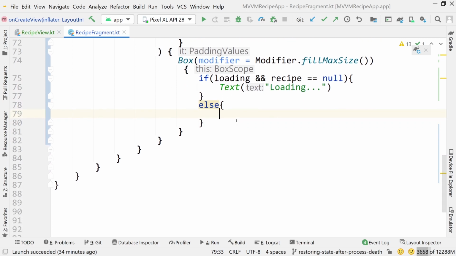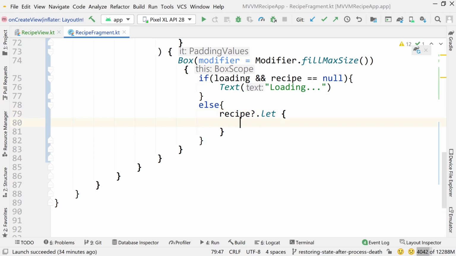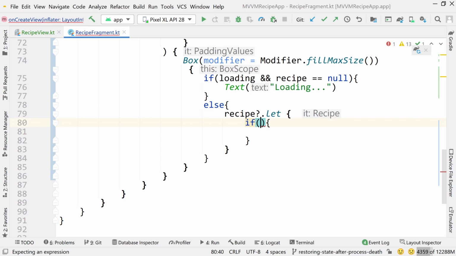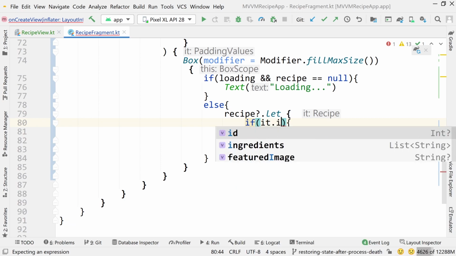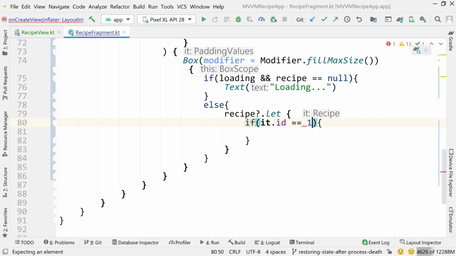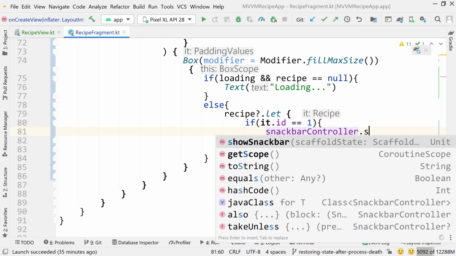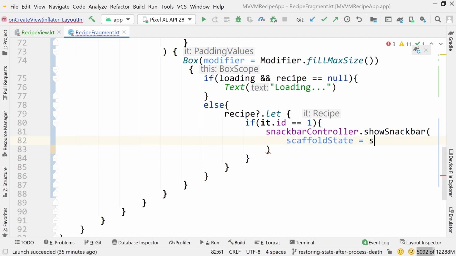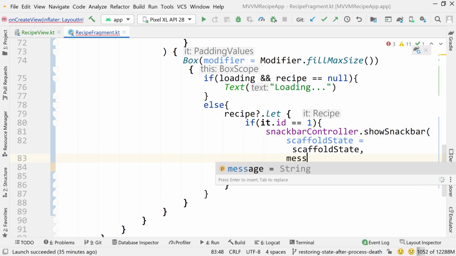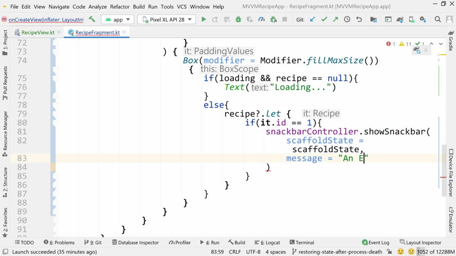So if we are not loading, meaning if we actually have the recipe, if we were able to retrieve it from the API, then I want to do recipe.let, and let's do recipe. Well, I guess we can just use it. I guess it is fine here since we already have a variable that's named recipe. I think that would cause some confusion. So first I want to kind of simulate a snack bar. So I'm going to manually trigger a snack bar. I'm going to say if the recipe ID equals 1, then I want to show a snack bar. So I can do snack bar controller, show snack bar, pass the scaffold state, pass a message, say, an error occurred,